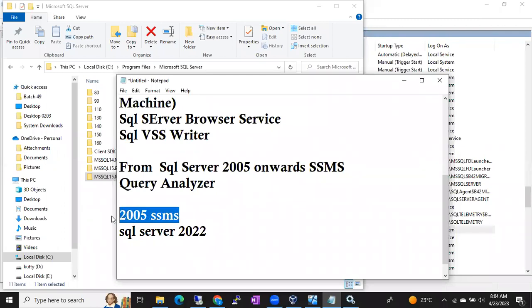Is it clear or not? Is it clear, guys? Yes. So you can still connect a higher version SQL Server in the lower version Management Studio, but higher version features you cannot see in the lower version Management Studio. Vice versa, SQL Server 2005, SQL Server 2000,